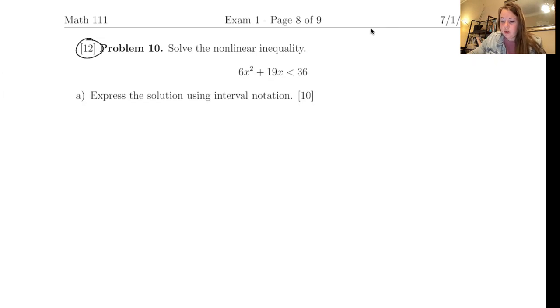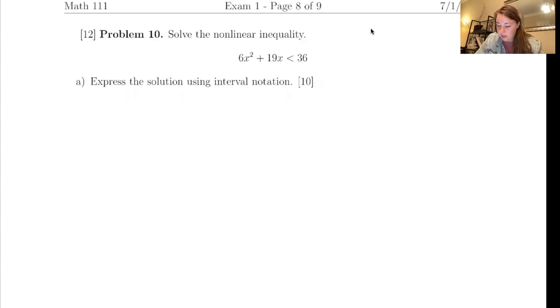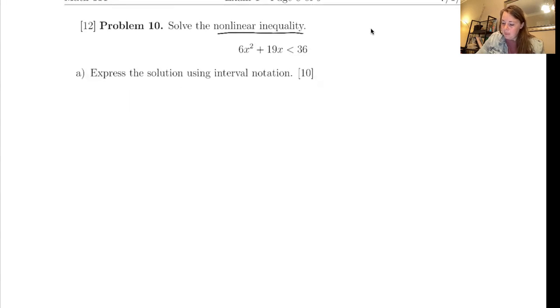Okay, so the first one is problem 10 from exam 1. And you're asked to solve this nonlinear inequality. And the thing that I see go wrong a lot on this one is that you guys factor and then you just say, here's the answer. Factoring is not that much of the problem. The rest of it, showing and testing the values, that's the majority of the problem. Okay. So